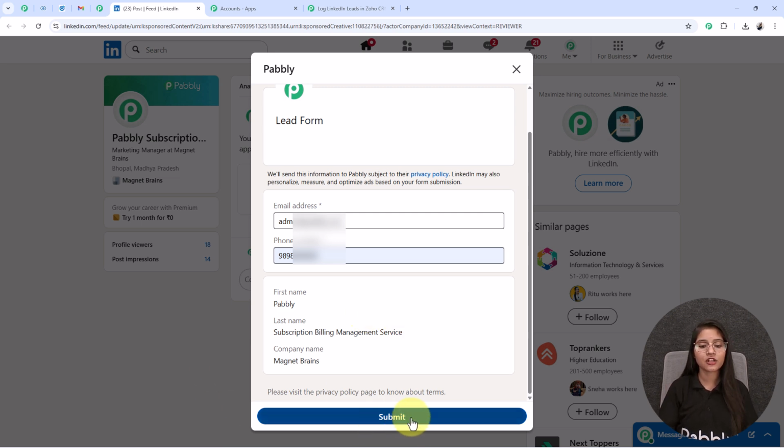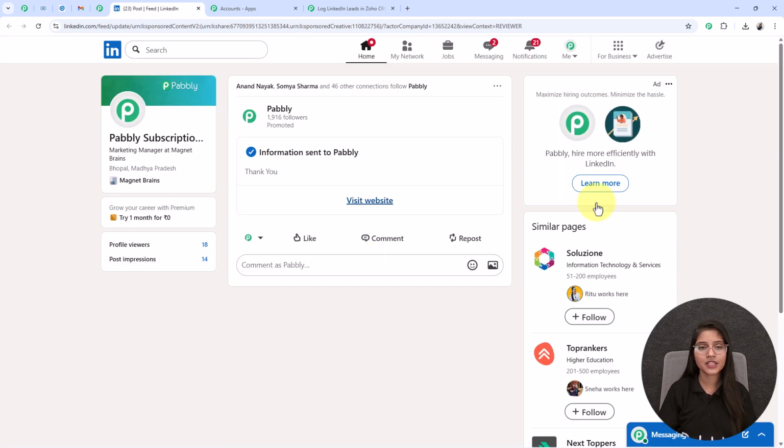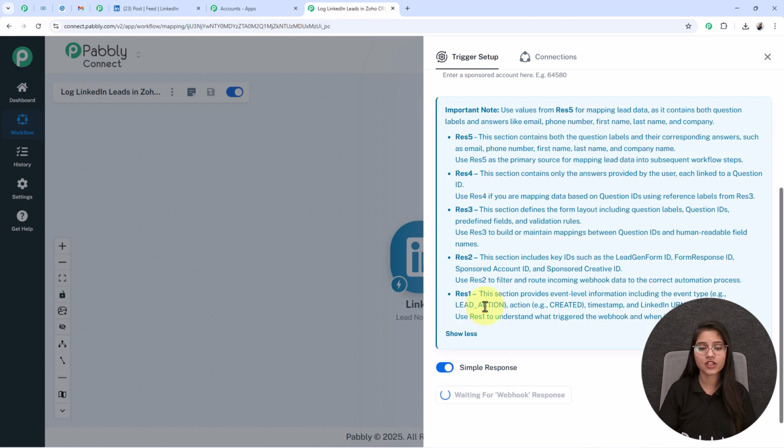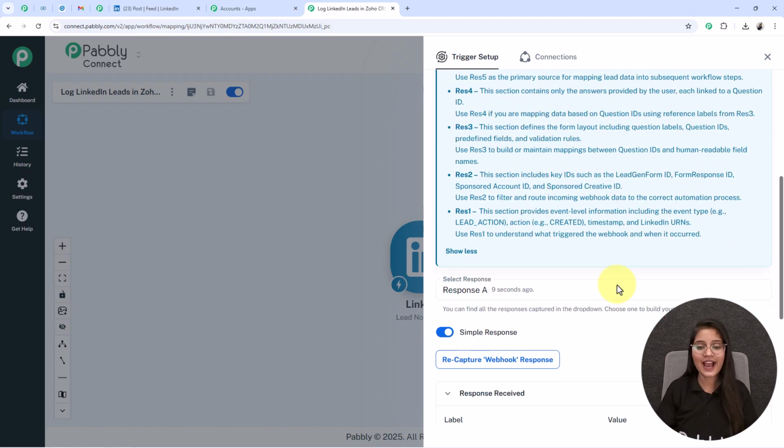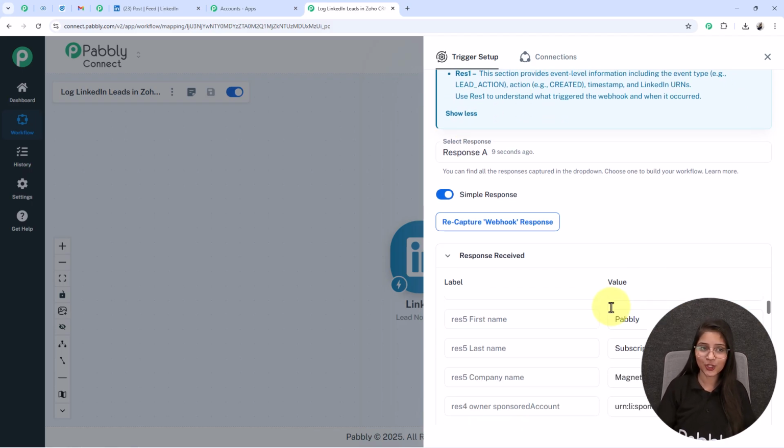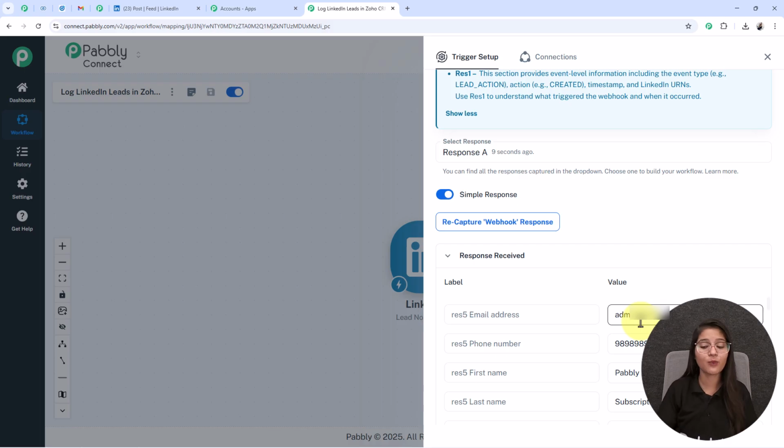After that I am clicking on the submit button. See, it is submitted. Now we will check whether we have received a new response or not. You have to wait for a few seconds. See, I have received a new response which includes all the details that I have shared while applying on the